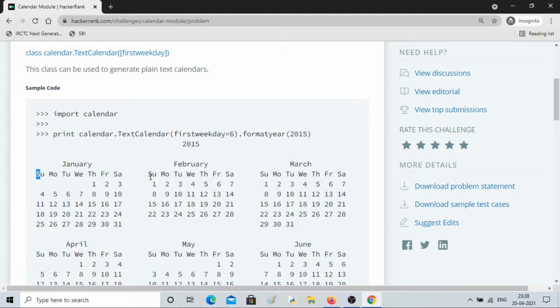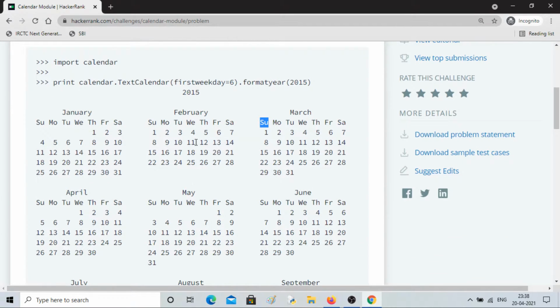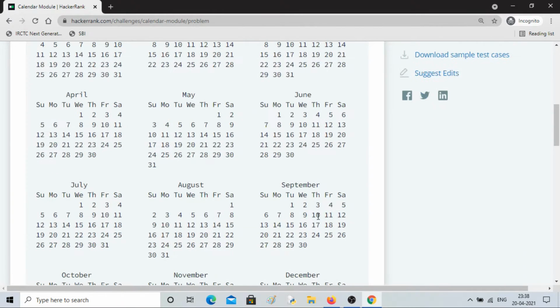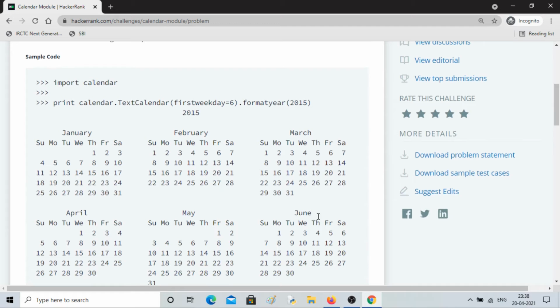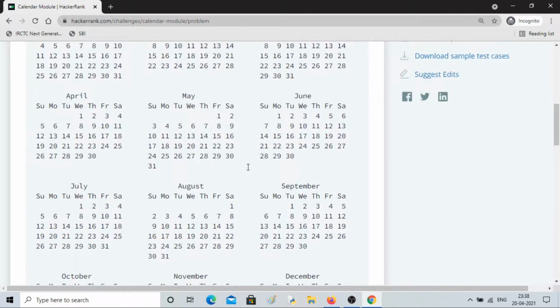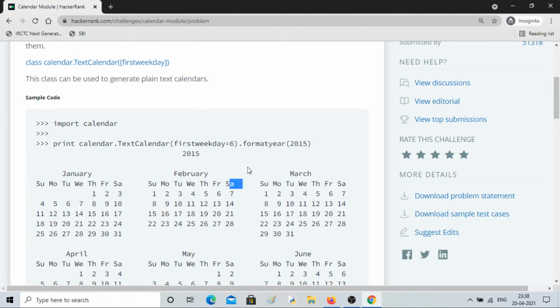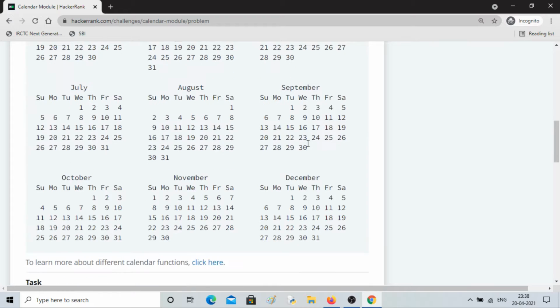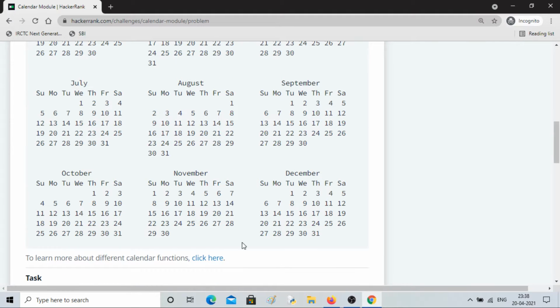You can see here Sunday, so every month is starting from Sunday. That is how it is arranged. If you write 0 here, it will start from Monday, then Monday all the way till Sunday. That's how it works. Now here they have given 2015's calendar, so you can see the whole calendar here, and you can learn more if you want.